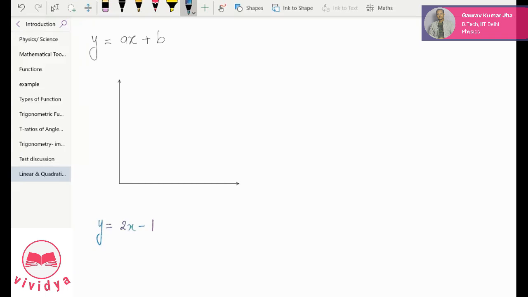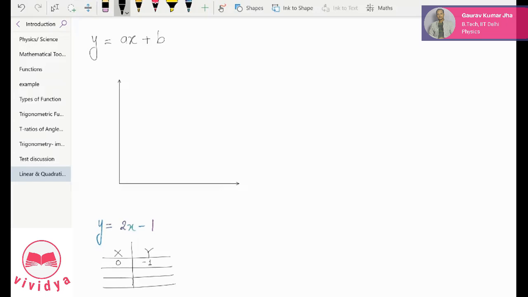Surely, right? But what we used to do in your earlier class was put in an x value and get a y value. If you do it systematically, you will put in some values and check. I guess that is how you used to draw earlier. So we'll put x equal to, let's say, 0. Then what is the value of y? At x equal to 0, what is the value of y? Put x equal to 0 and check. So 0 minus 1, which is -1, is one point in the graph.